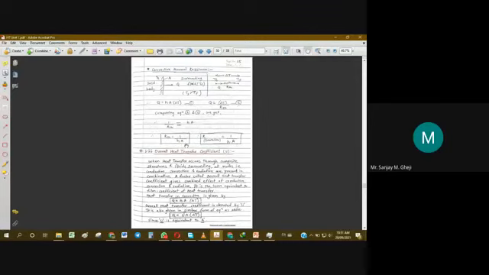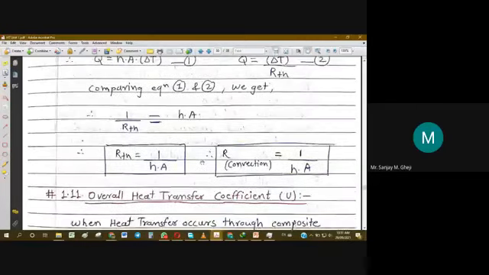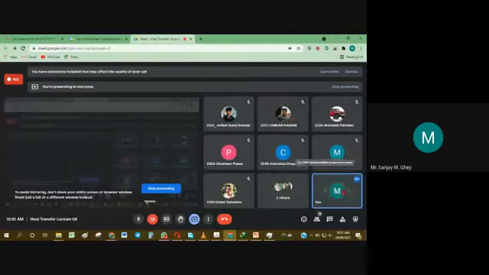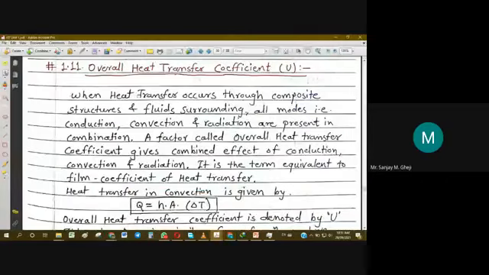With this basis, we want to move forward, and based on the same theory, a new concept is introduced. Let me just enlarge it. I hope that you are able to see the screen. It should be clearly visible. If you have any problem, you can put your message through the chat box, or you can just notify me through a message. So I hope it is all okay.